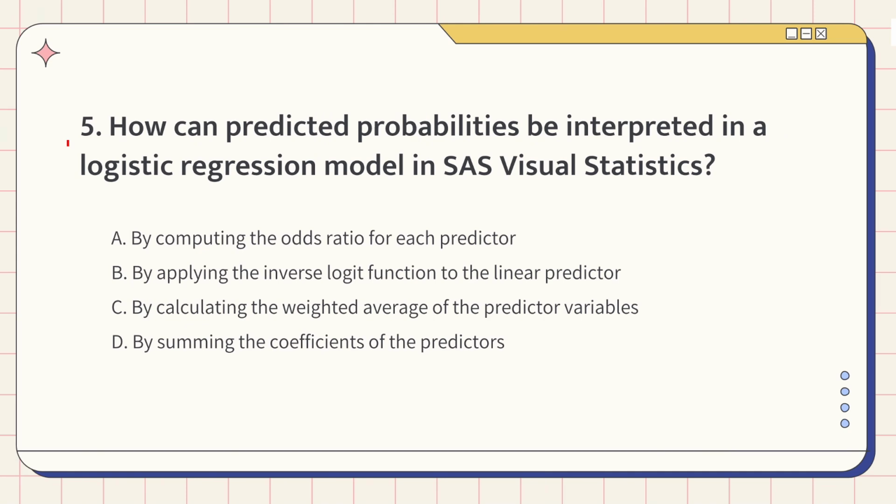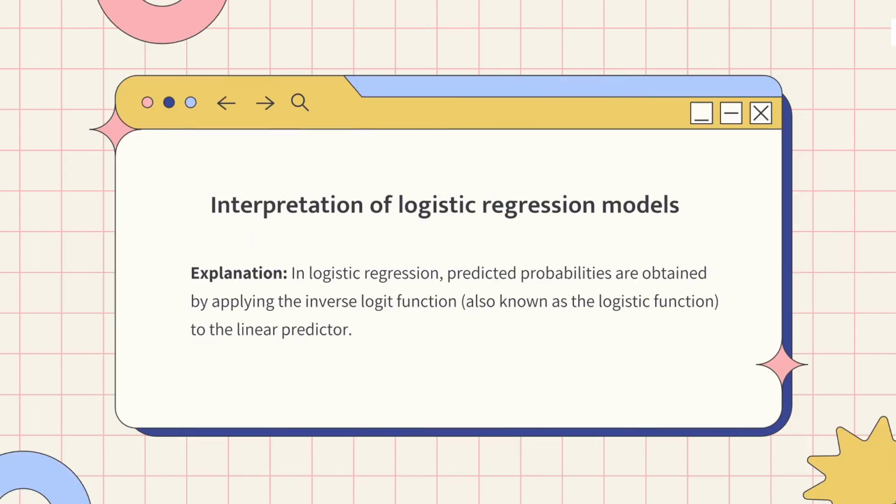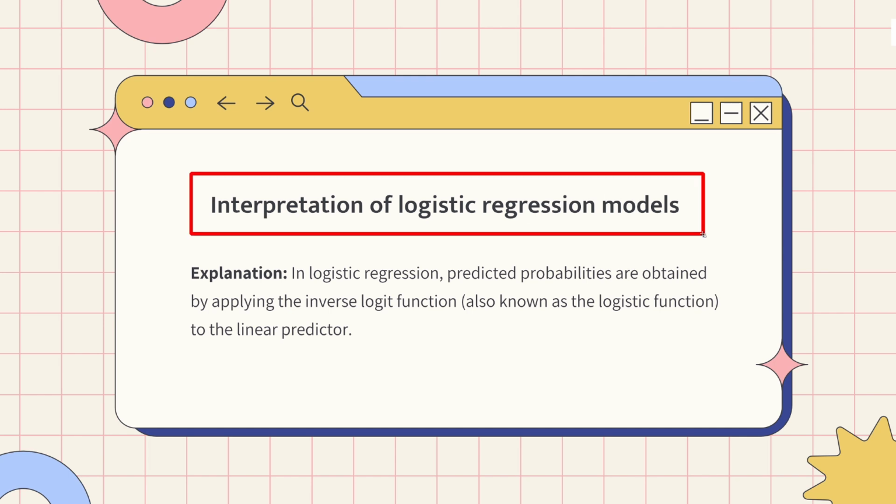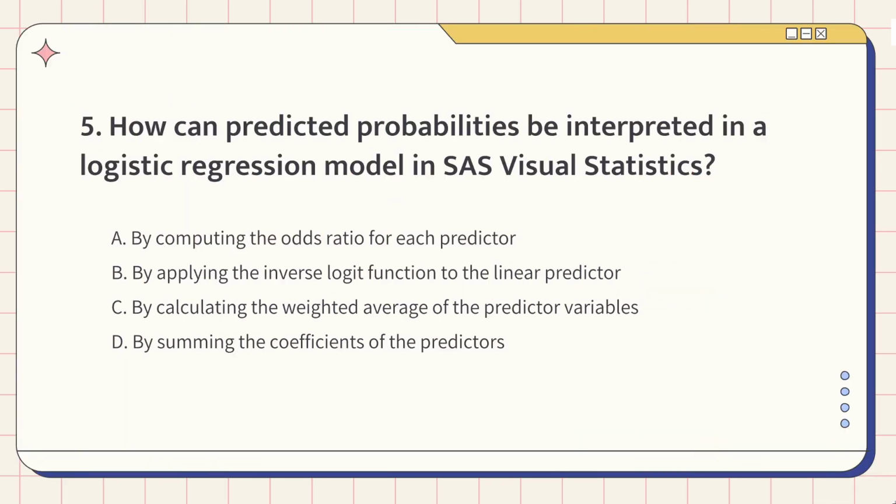Question 5. How can predicted probabilities be interpreted in a logistic regression model in SAS Visual Statistics? This question tests interpreting predicted probabilities in logistic regression. The knowledge points of this question are interpretation of logistic regression models. To figure out the predicted probabilities in logistic regression, you take the linear predictor and run it through the inverse logit function. So the correct answer is